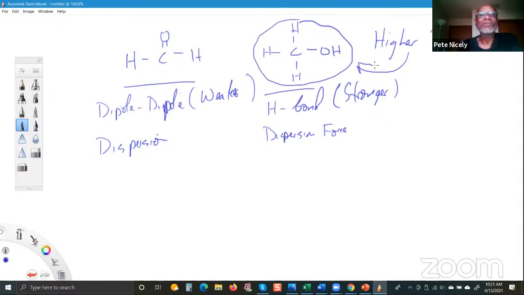All right? So that's how we can explain the difference in the boiling points between these two substances, right? Because we know that hydrogen bonding would exist here because of the OH bond. And that is stronger compared to the ordinary dipole-dipole interactions. All right, any questions about this? Any questions? Okay,